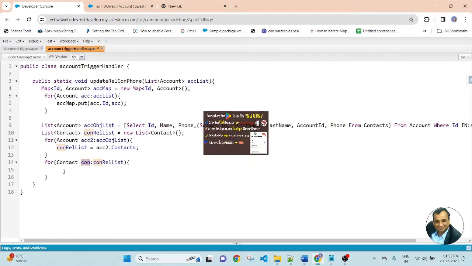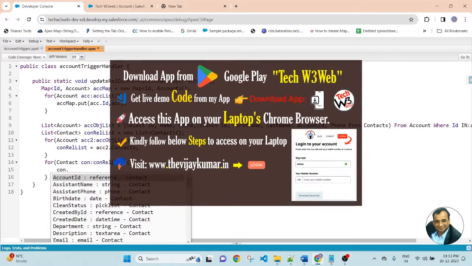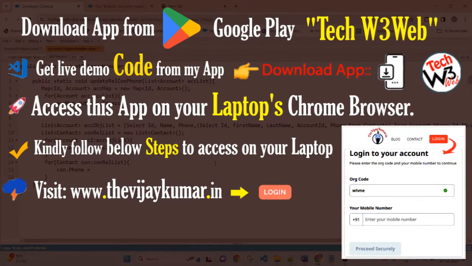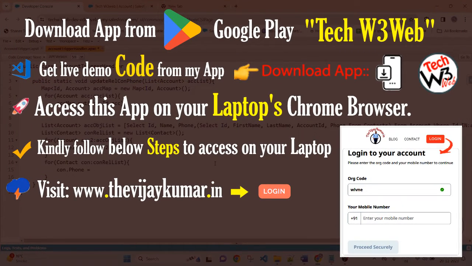So contact dot phone equal to here I will be get account phone number from account map. So account phone number we will be assigned to the contact phone number. This account map dot get.